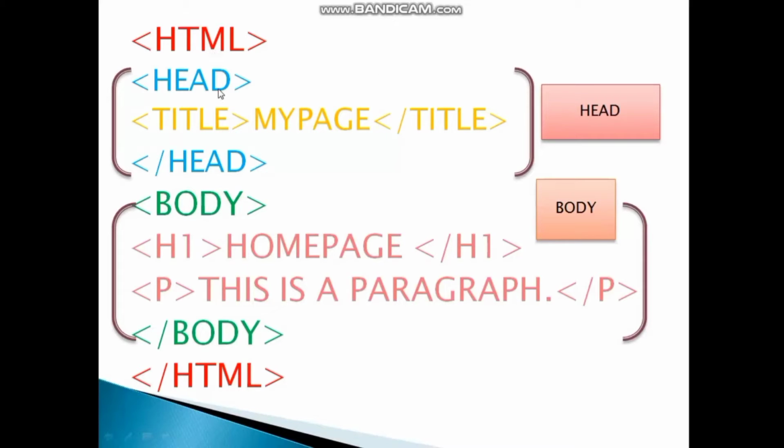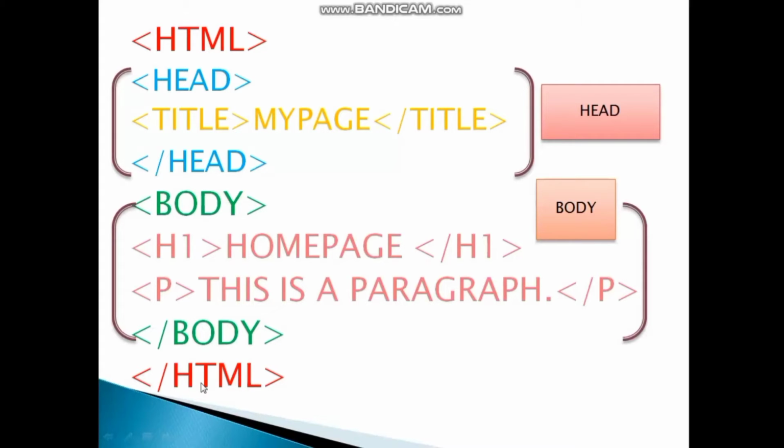So this is the structure of the HTML document. The head contains the title tag, which shows the page title. The next one is the body tag. The body tag contains the other tags which we want to show in our web page or work area. Here we close the body tag. Every closing tag is preceded by the forward slash symbol. Here we close our HTML document.